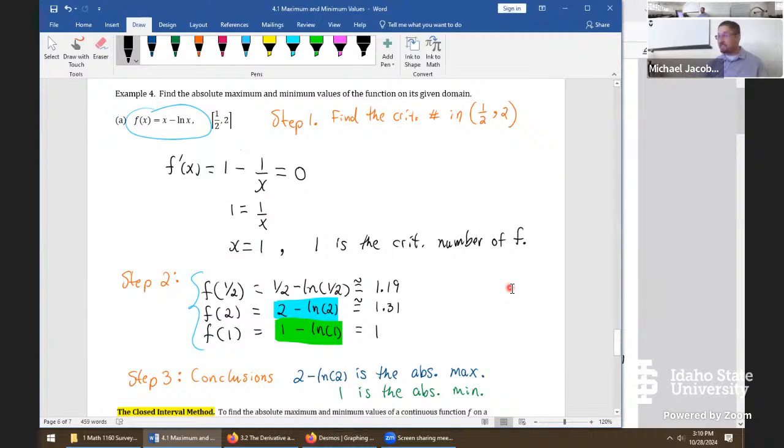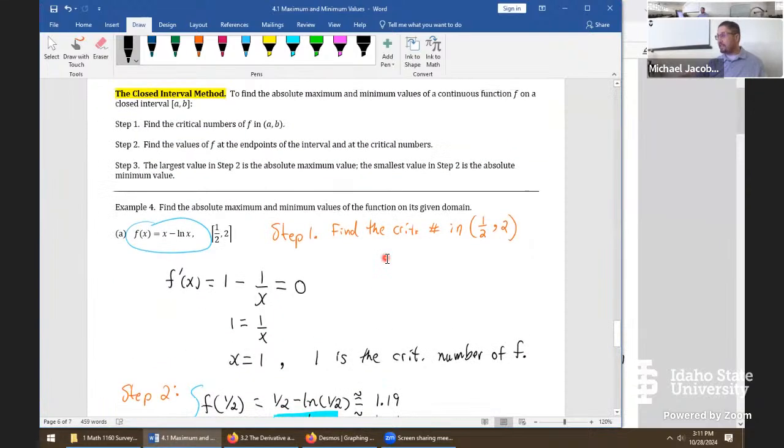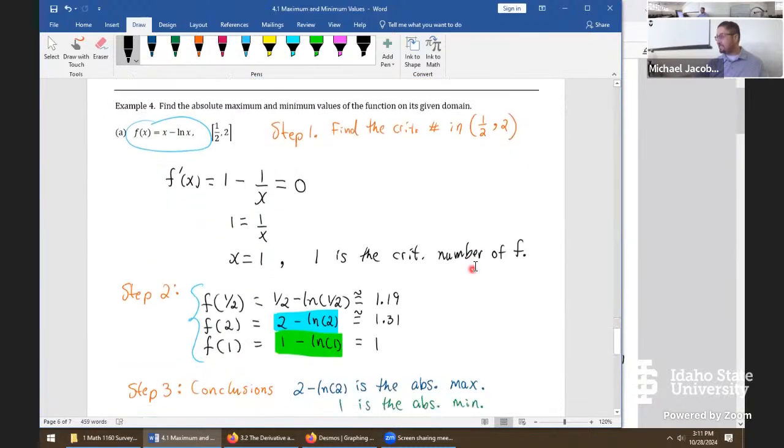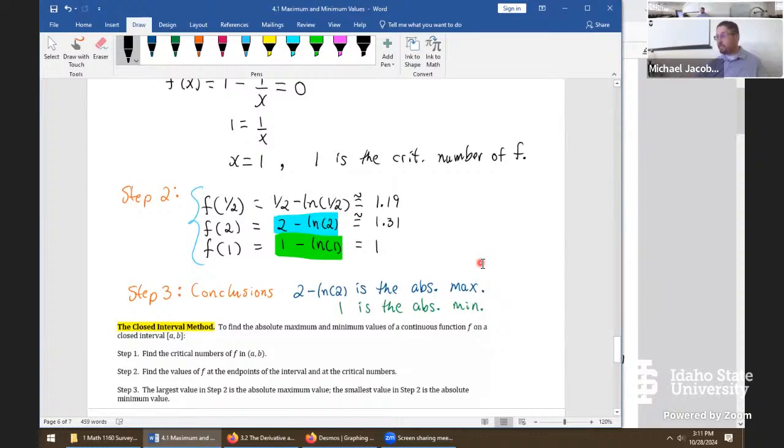So it's kind of neat to see the process actually working out. It doesn't always work out. The closed interval method will only work if you have a function that is continuous, and it's continuous on a closed interval. So those are the two required ingredients for this kind of process. But with what we'll do next time,